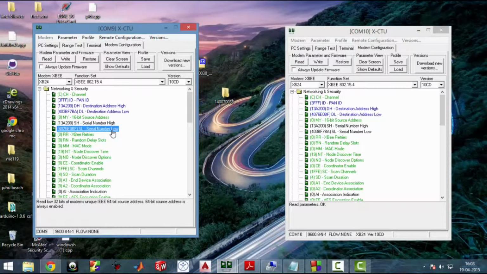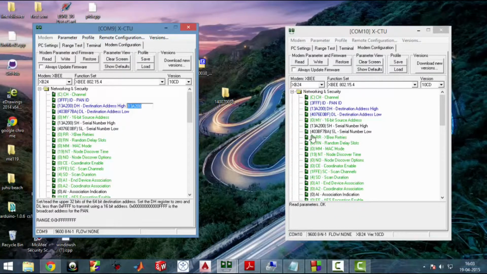Now, for setting up your XCTU configuration, you will see that on COM10 there is a serial number high with a number 13A200 written before it. All you have to do is copy this number to destination address high on COM9, which we have done already as shown.